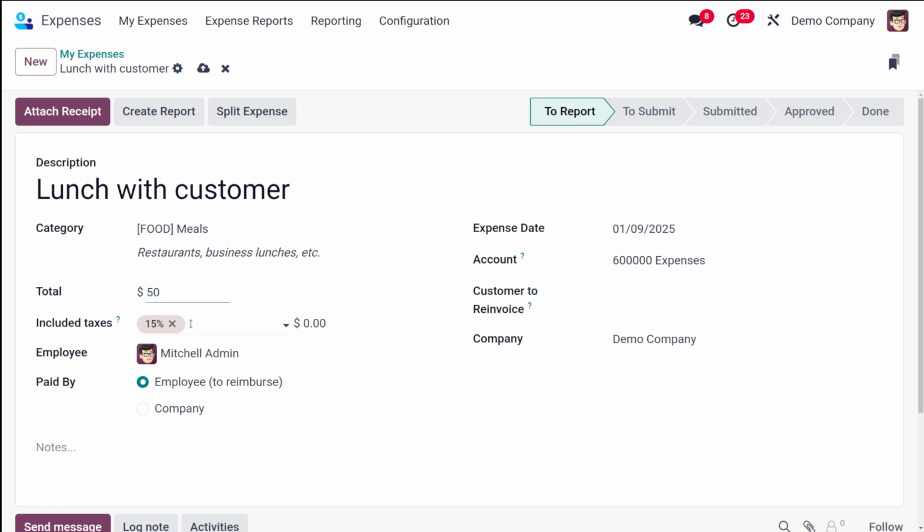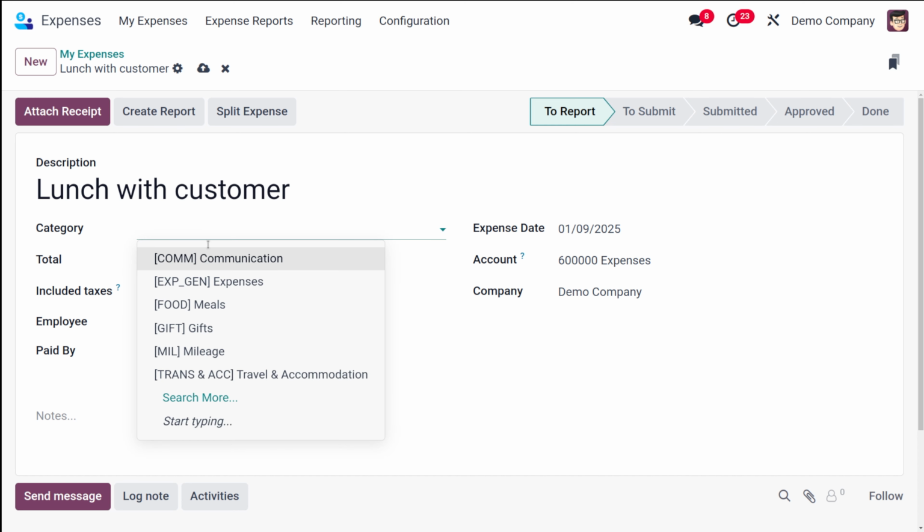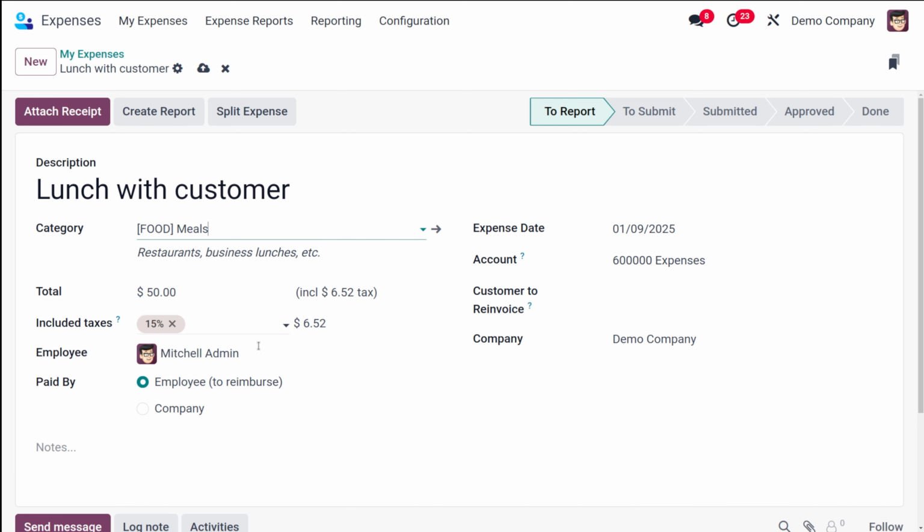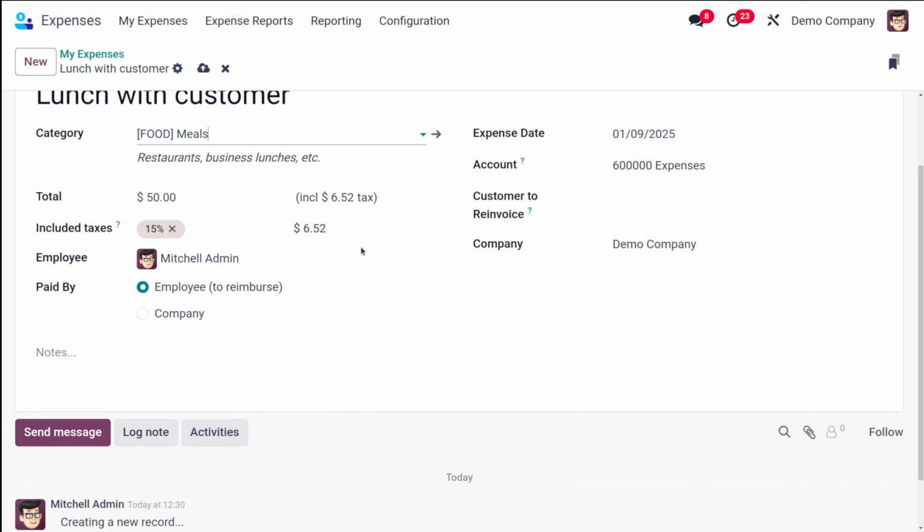So if you just remove it, and I'm removing this as well, let's try to add the expense, which is meals. You can see this is the tax and this is the price which comes as the tax. So 15 percent of this is what we take as the tax. That is calculated and shown here.